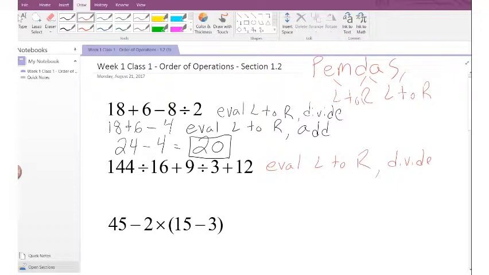Which one will we do? Yeah, which one will we do first? All right, why did you choose 144 divided by 16? Yeah, when you're moving left to right, it comes first. So,